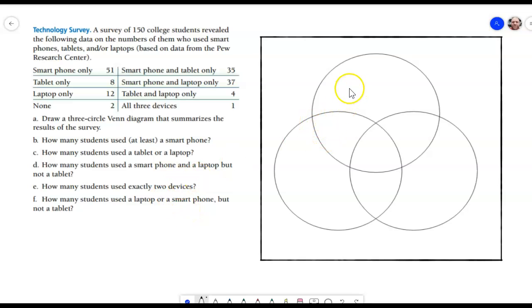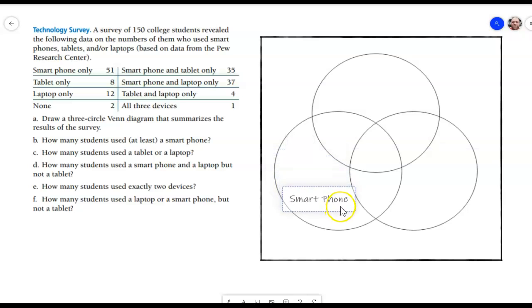So let's begin by labeling these 3 circles. It's pretty common, if you can fit the labels inside the circles, you can do that, or you can put it on the outside and draw an arrow inside. Here, I think I have enough room that I'm going to draw it inside. So let's put smartphone,